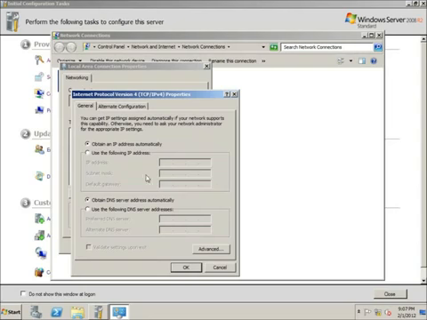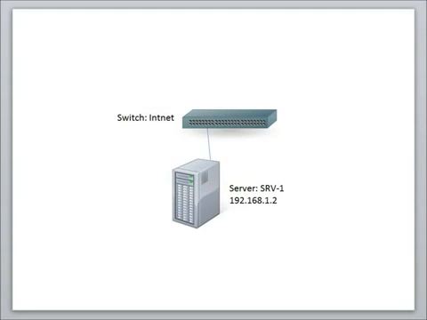Now we're going to go ahead and make this a static IP address, but before you can do this, you kind of have to have an idea of what your topology is going to look like. And so here's my topology at the moment. I've got a server that is plugged into a switch, and now I'm going to choose an IP address, and we're going to use in this lesson just a default class C address arrangement here, but I'm going to pick the address